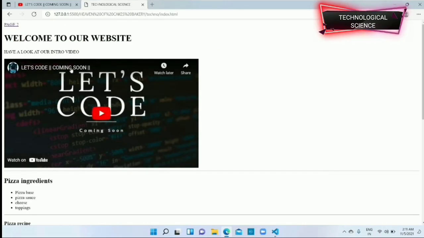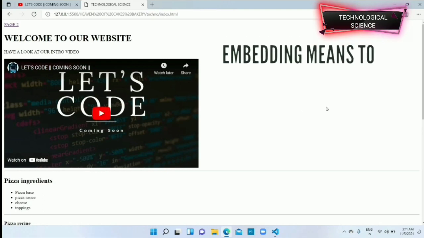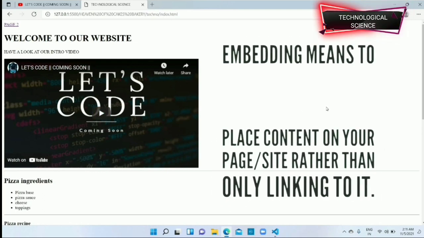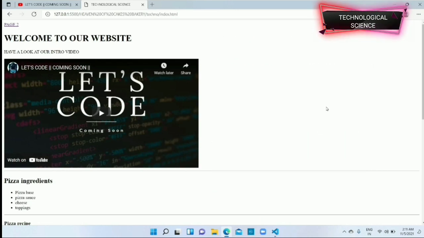Okay, so what is the meaning of embed? Embedding means having another site in your web page. Like I have requested a YouTube video to come over here, just embedding it.